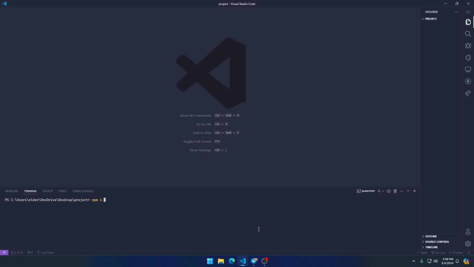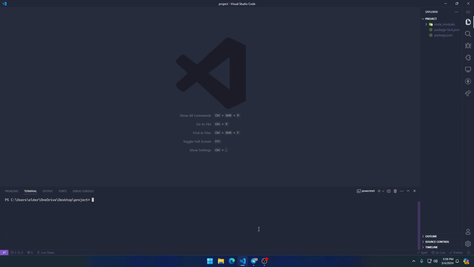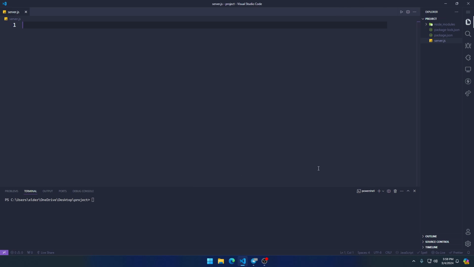So first of all, we'll initialize an empty package.json file, and then we will be installing Express and socket.io. These are the two libraries that we need for now. And once we are done, I will be using basic HTML for everything. We will be making a basic server.js file and a chat.js file that we'll be using on the client side, and I will make a users.json file